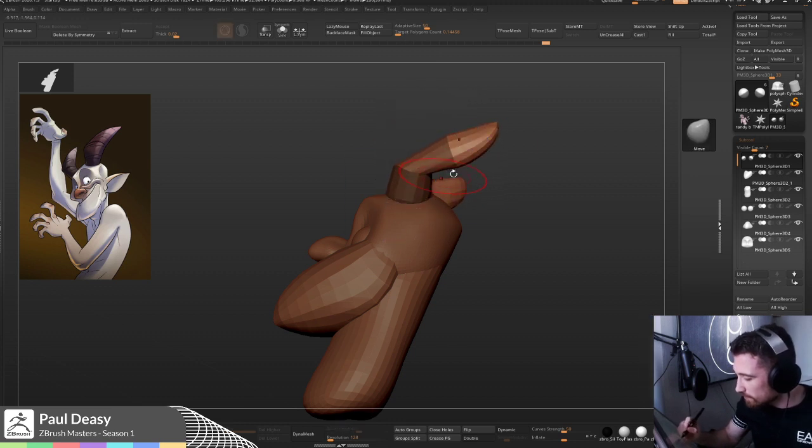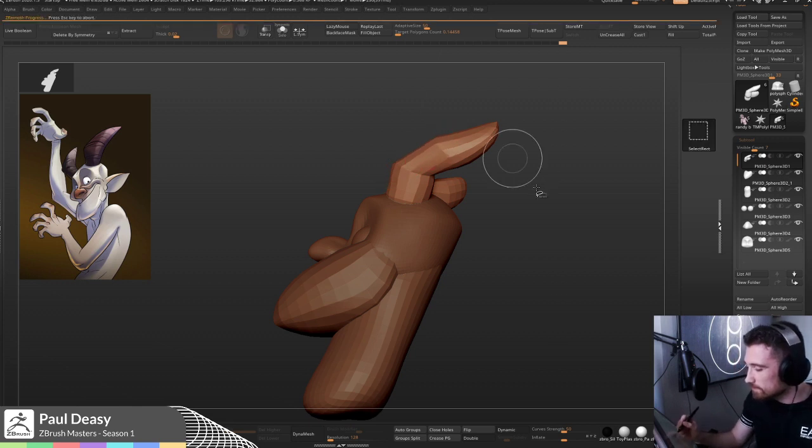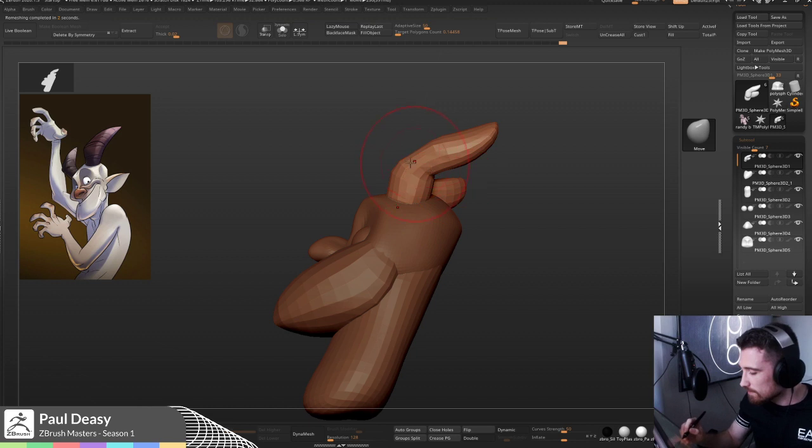Okay, we'll just pull it a little bit down. Let Z-remesh worry about the rest. Now I can start to smooth. You see, I'm pushing and pulling, and that's making it lumpy. But because it's low poly, I'm using